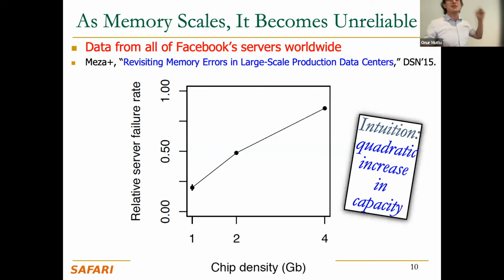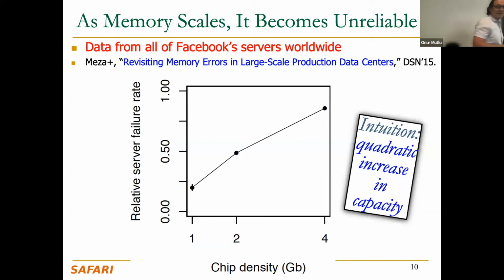And we wanted to understand the reliability issues. This is one of the large-scale studies that we did with Facebook in 2015, that was published in 2015. What we did was we analyzed all of the memory errors in all of their data centers. This is actually a lot of memory, a lot of servers. They didn't allow us to publish how much memory, how many servers, because they were worried that this would give out the size of their fleet and affect their stock price, etc. But imagine that this is a nice correlational study.